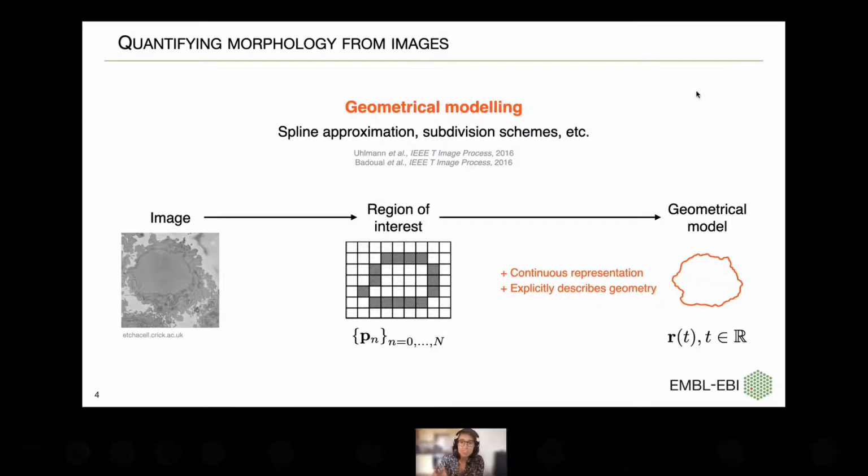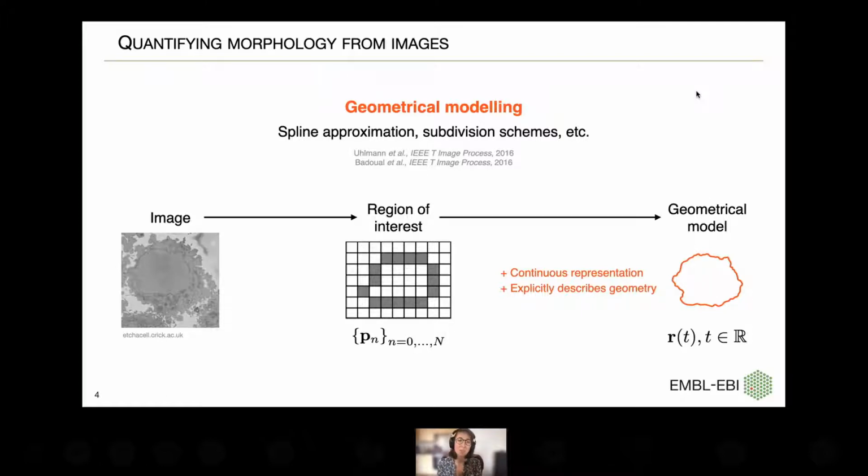So what are these geometrical models concretely? Well, they are, for instance, curves and surfaces built by interpolation techniques. That can be spline approximation, that can be subdivision schemes, that can be meshes. I'm sure that you know many of them, and you have probably already interacted with geometrical models, because these are the objects that are at the core of computer graphics and vector graphics in particular. So if you've ever done vector graphics drawing, for instance, in Illustrator, this is the sort of representation that you were